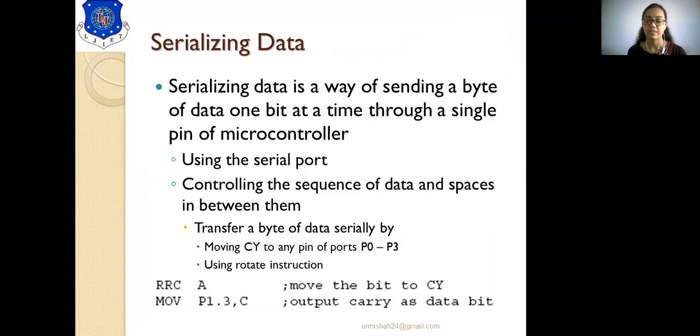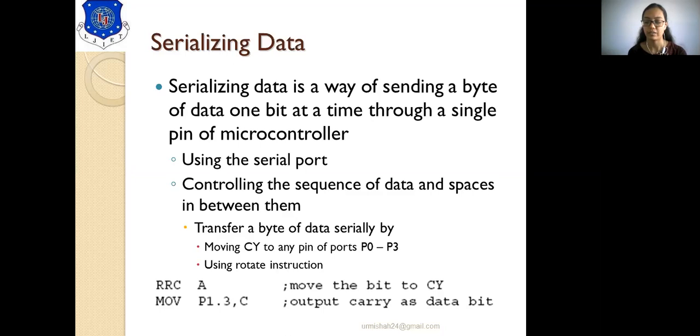Serializing data is a way of sending a byte of data one bit at a time, through a single pin of the microcontroller. Let's take an example.